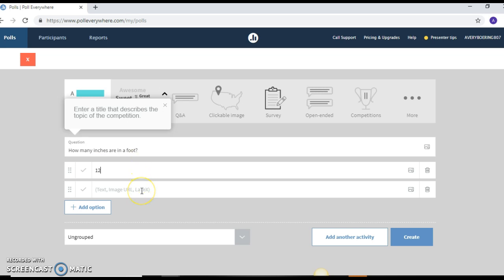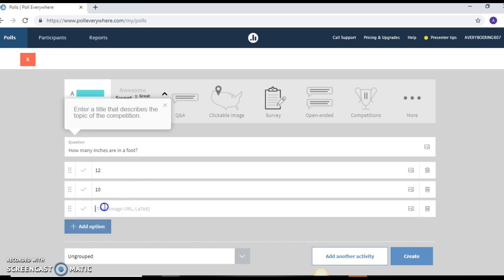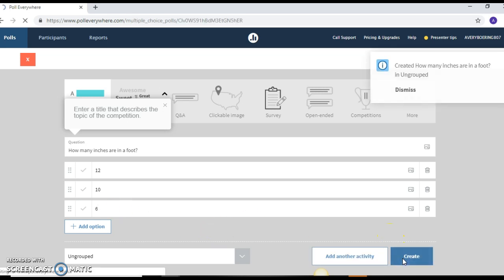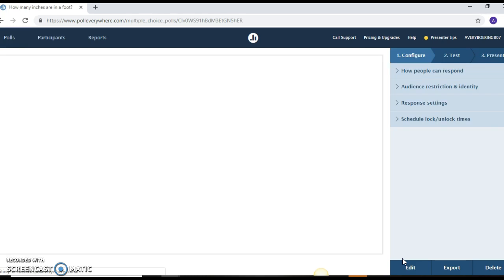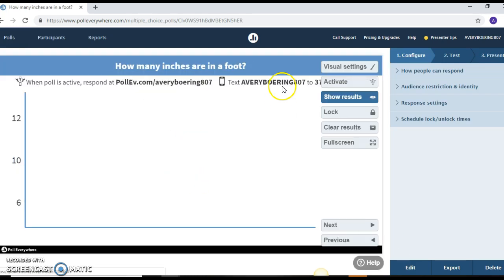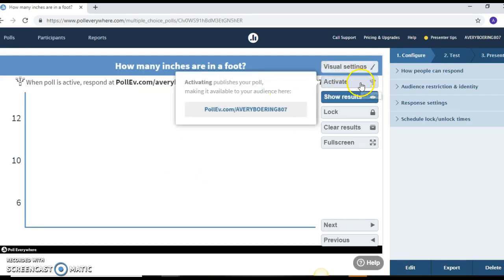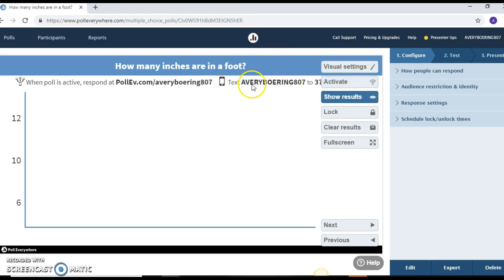You can click for more options. All you have to do is click add option, and you can do as many as you want. So when you're done with all your questions, you just click create. And this will allow you to share the poll with people,